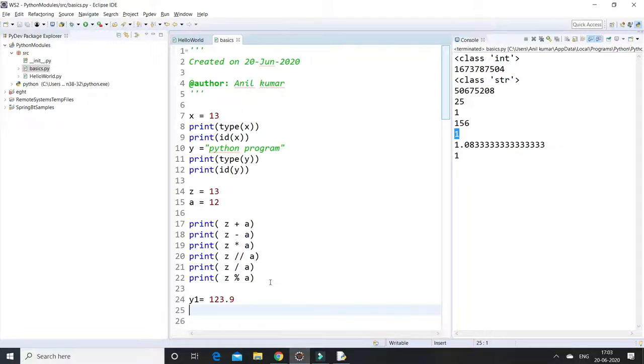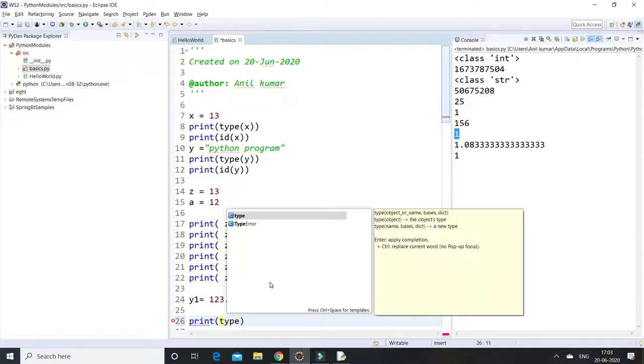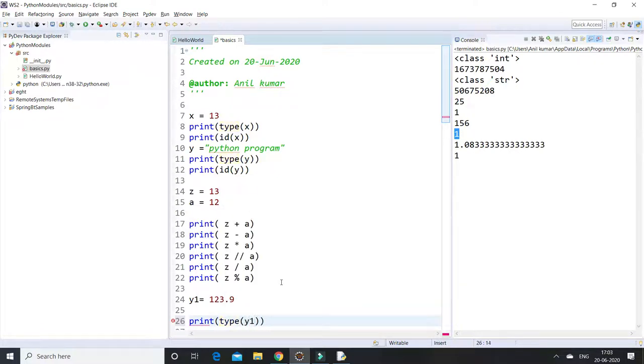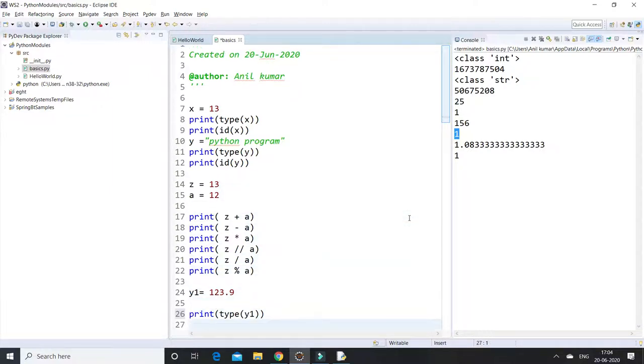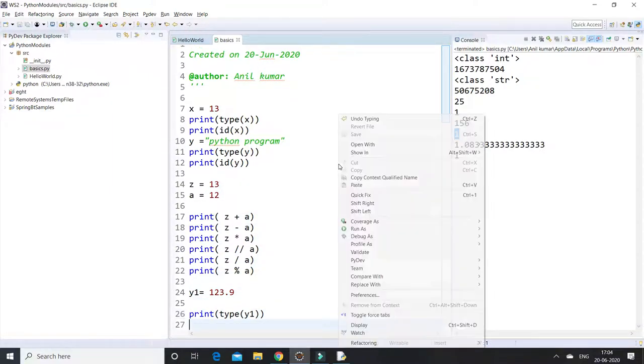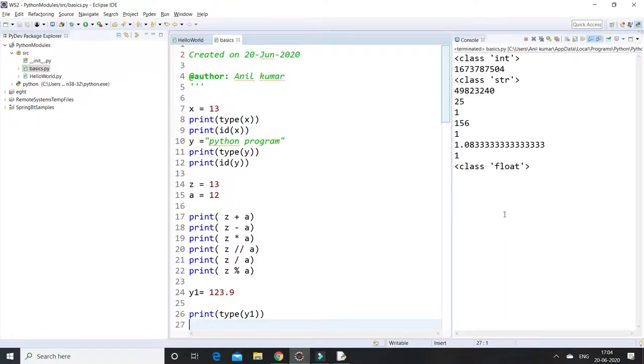If you want to test whether this is a floating data type or not, you can use the type method and pass the y1 variable. So let's run this program. See, it is showing the type of y1 is class float.